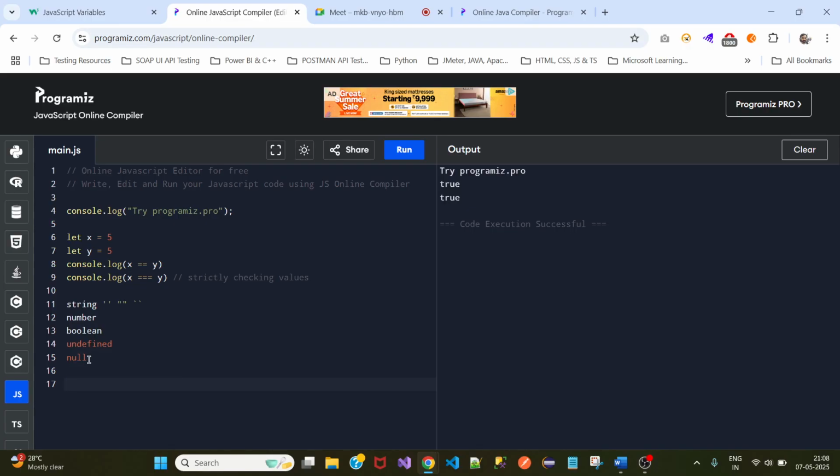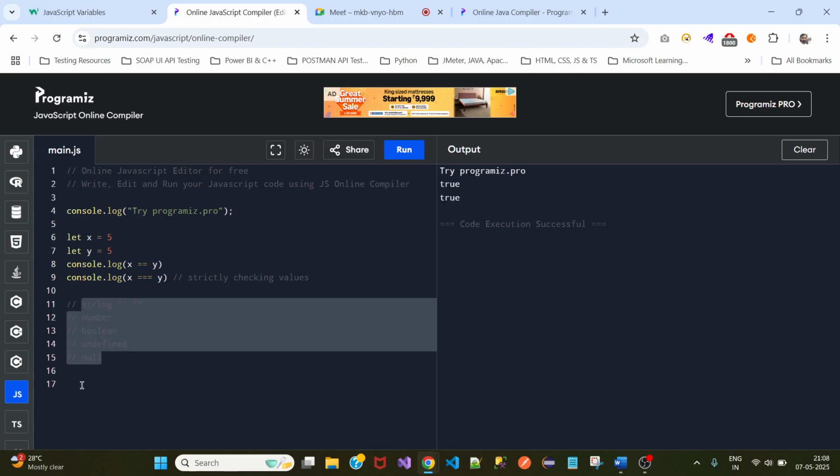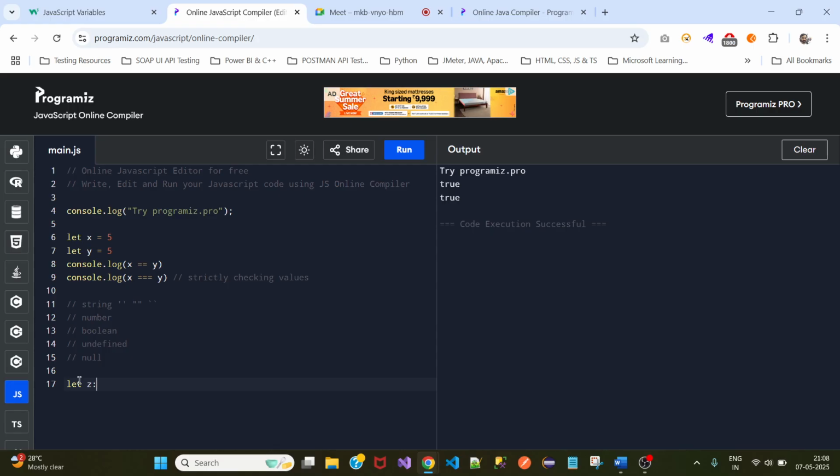How can we create an undefined variable? When we keep it empty, with no value. So let z. We haven't defined any value here. Now, if I say console.log z,